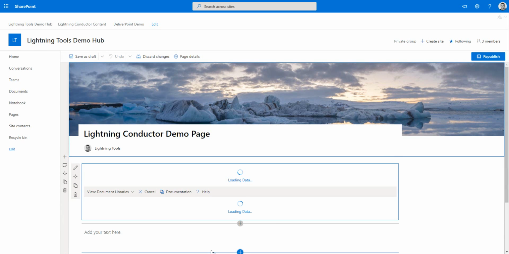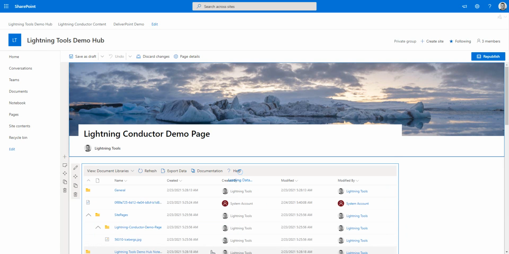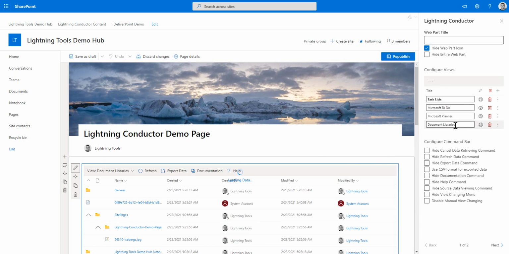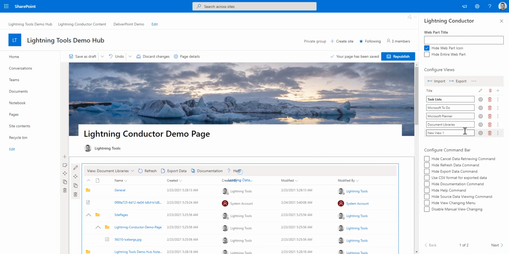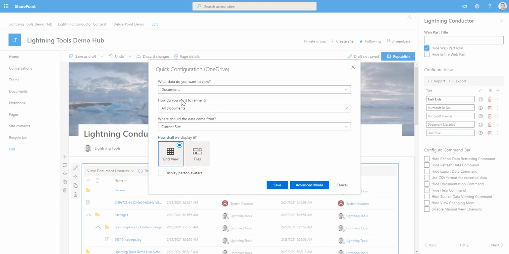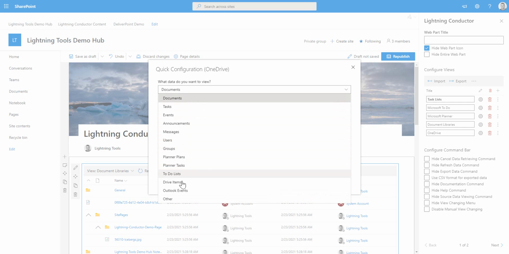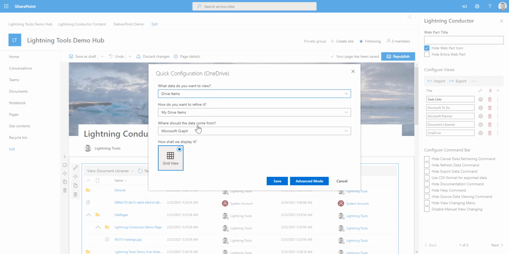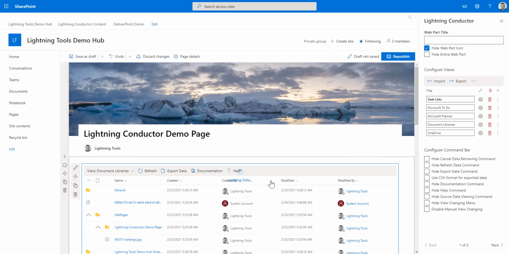What about documents that are maybe not in document libraries but are OneDrive items? Well, we can grab those as well. So here's our document library view. Let's add a OneDrive view. So there's my OneDrive view, and using the Graph, we'll select the drive items, my drive items using the Graph, and let's just drop that in, and